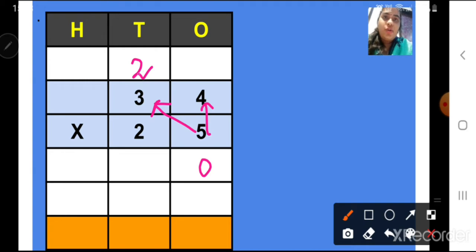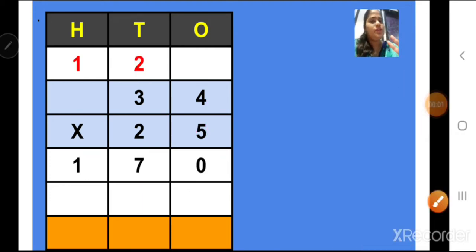Is there any carryover? Yes. 15 plus 2, 16, 17. So 1 carried over and 7 down. Do we have any other number here at hundreds place to multiply? No. So just write the number 1 at hundreds place. Okay, now this we have done. Children, after this we have to multiply number 2 with the multiplicand. Correct?